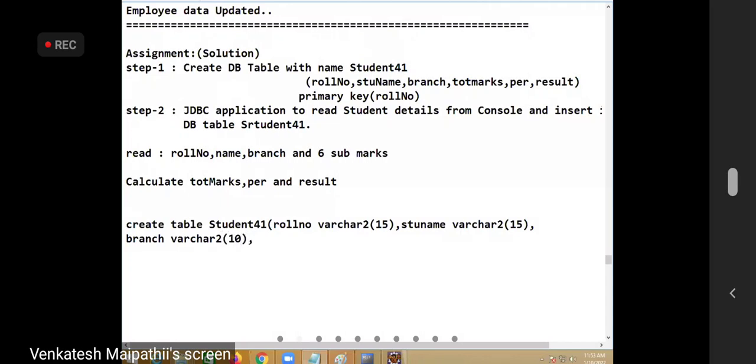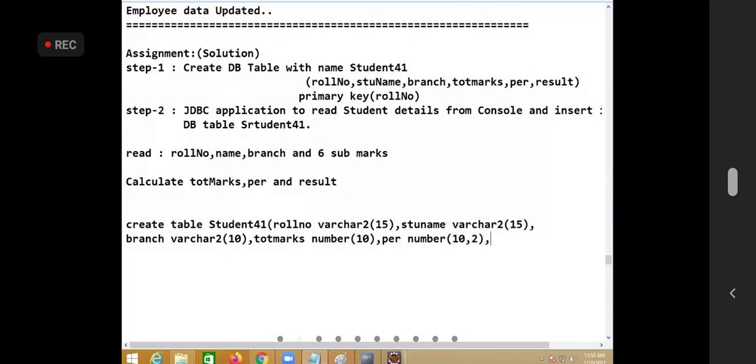Next, total marks. This is a number. Total marks will be number of 10, enough, no? It comes up to 600 only. Now percentage, number, some 10 comma 2. And the result